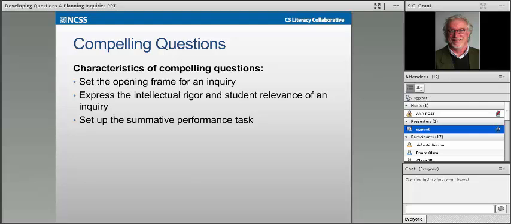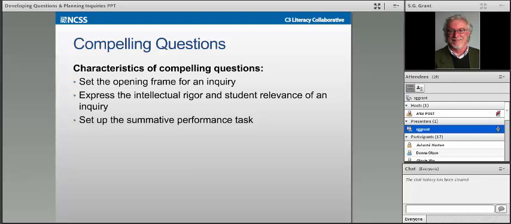So let's move on, because of course not all questions are alike, and nor are they all equally useful for instruction. So let's look a bit more specifically at compelling questions, both what defines them and some examples. Well, one of the primary characteristics of a compelling question is that it helps frame an inquiry or a unit under study. To that end, a compelling question helps teachers and students collect, organize, and pursue their ideas through the task of answering the question.